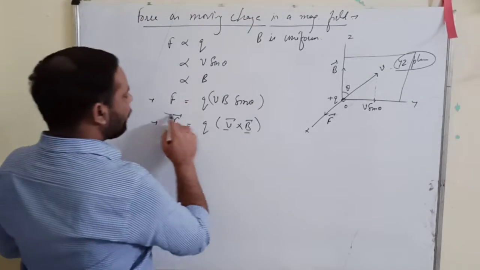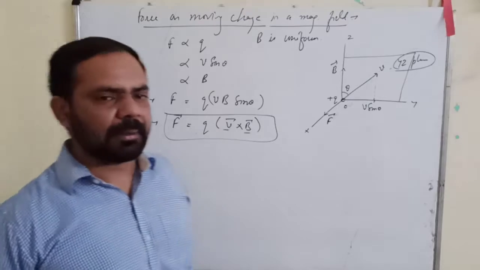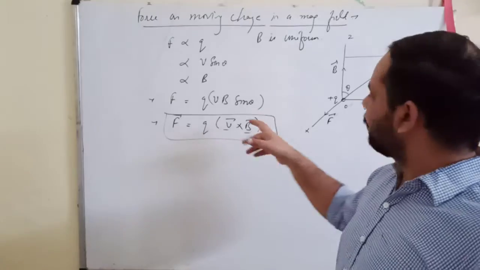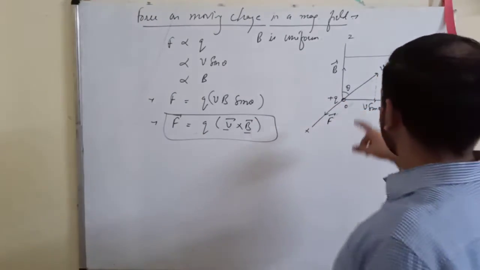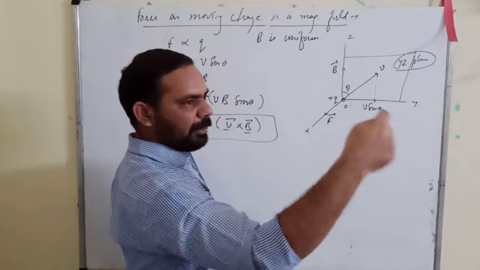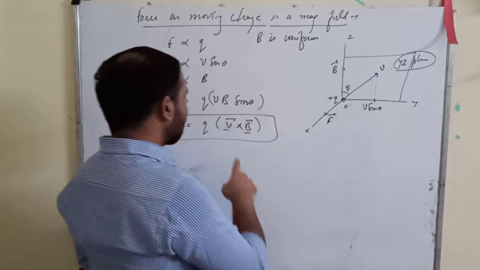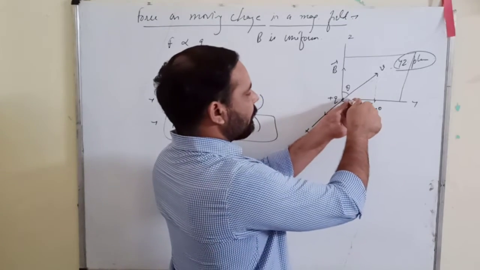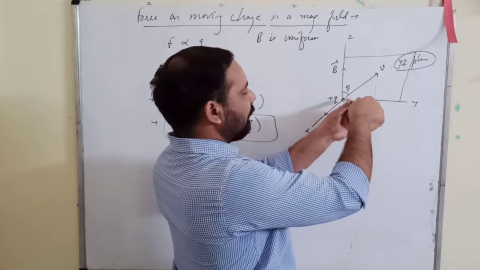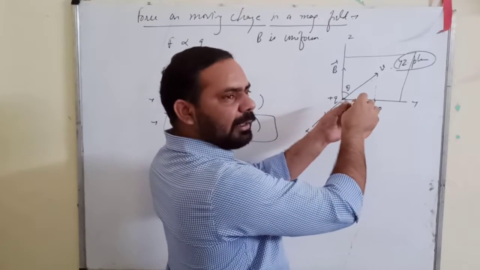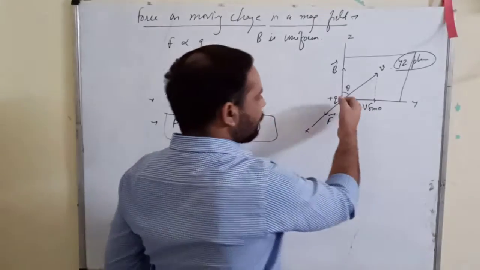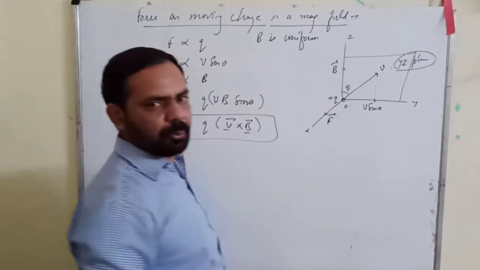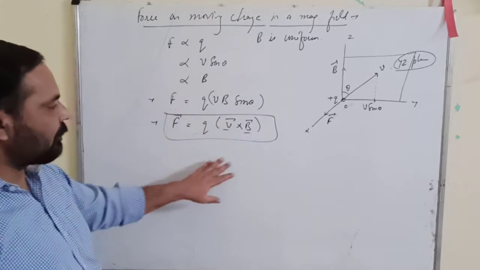Or simply you can say that the direction of force will be obtained by the right hand thumb rule or right hand screw rule. You will apply it here. Suppose you have this charge here, and Z, Y and X will be perpendicular to the board and outward. Now you will rotate the screw from V vector towards B vector. You put the screw here from V towards B, so it will move anti-clockwise. If it is anti-clockwise, then the screw will come out. So the direction of force will be along the direction of X, perpendicular to the board and outwards. This will be the direction of force.